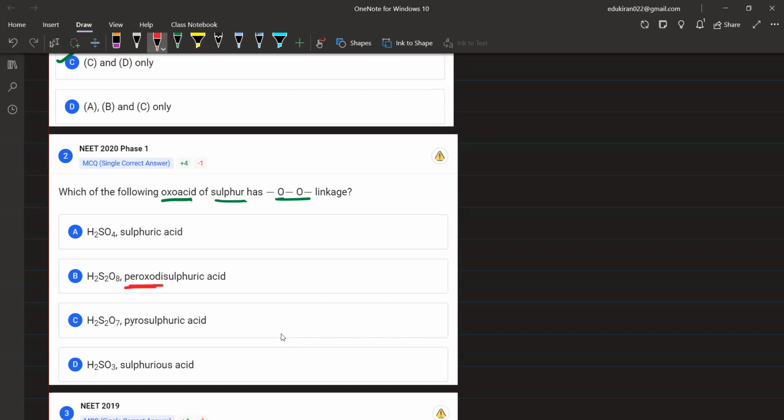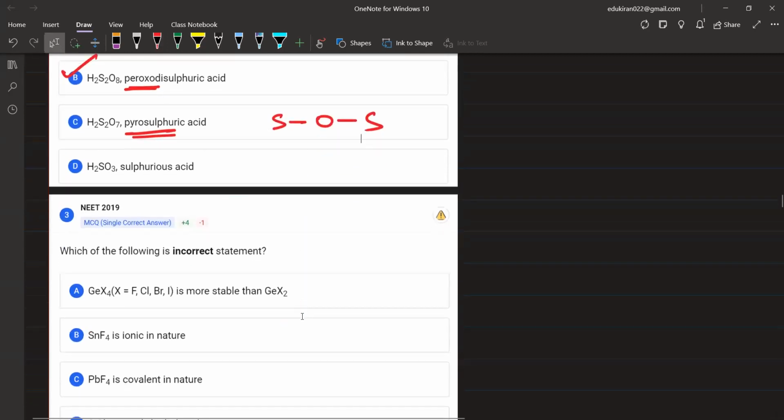पर ऑक्सो जहां पे भी होगा you will have OO linkage, ठीक है। Whenever you have peroxo, तब वहां पे क्या होगा, OO linkage होगा। Is this clear? Yes या no, please tell me all of you. Yes, sir. इज द करेक्ट ऑप्शन। पायरोसल्फ्यूरिक एसिड में क्या होगा, SOS बॉन्ड होगा, ठीक है।